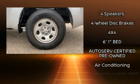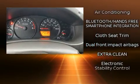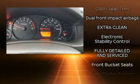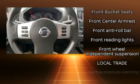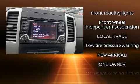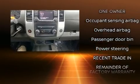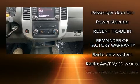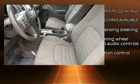You and your passengers will enjoy the stereo system, which includes a CD player with AM/FM radio, steering wheel mounted audio controls, and 4 well-positioned speakers. With side curtain airbags supplementing the rest of the safety network, you can be assured that you and your passengers will experience top-tier protection. It also arrives with a Carfax history report, providing you peace of mind with